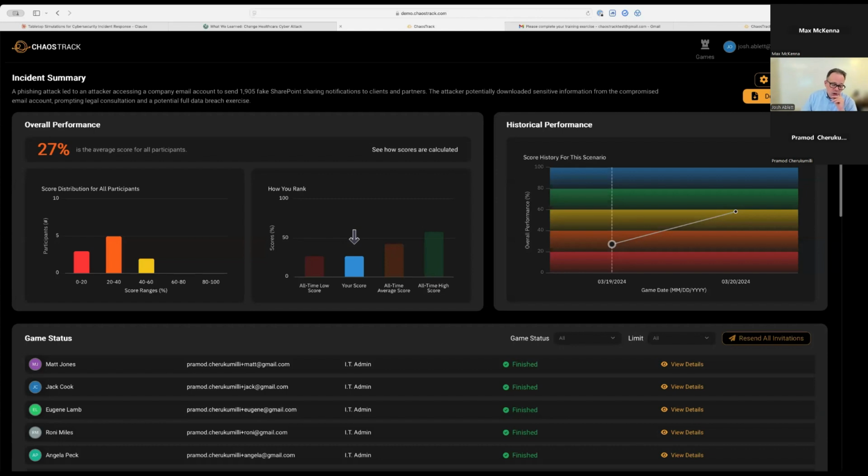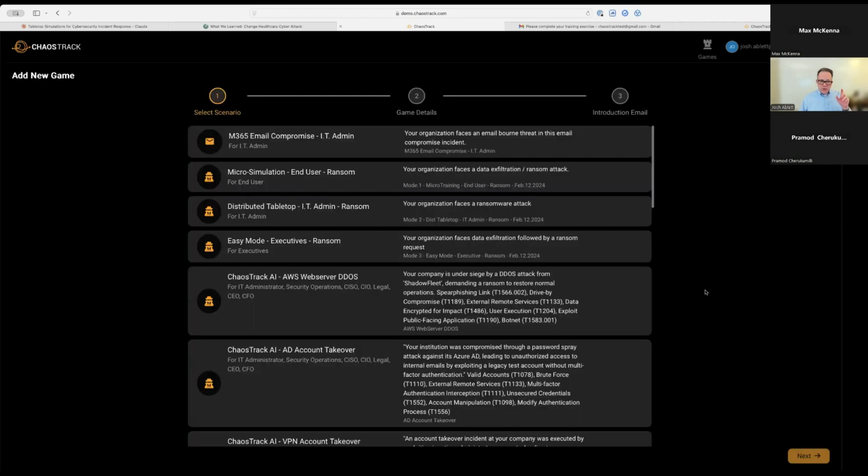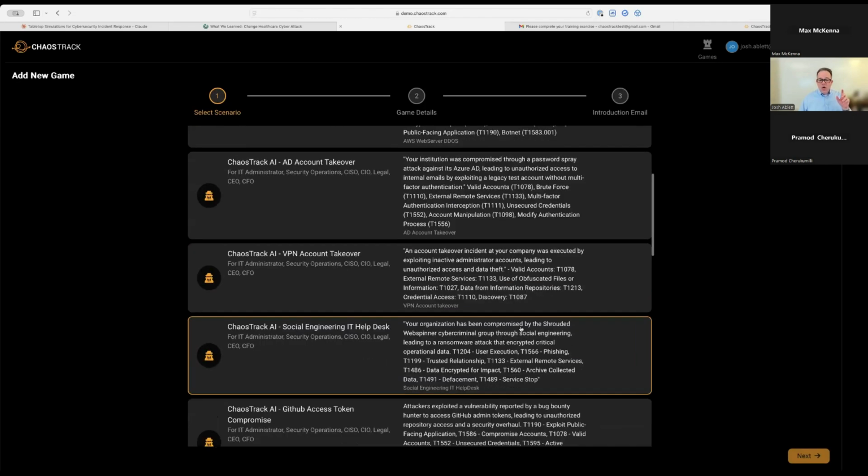So the next question, are there pre-built templates or do you have to customize your own every time? Right now, the answer is yes to both. So we have some pre-built scenarios. I don't know how many of them are loaded in our demo system here. Yeah, a number of them are. So we have a number of pre-built scenarios, but each of these still must be, we call it semi-customized for